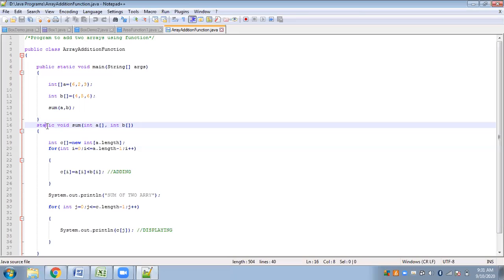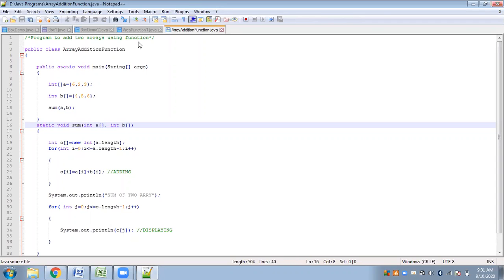I think Kritika once queried about a similar situation, where I showed you one example where I took two classes. So this is one example where I have only a single class and two different functions inside the same class, and I will be calling this function from the main function directly without needing to create any object. Since we are not creating objects, we have to make use of the static keyword, otherwise it will display an error.